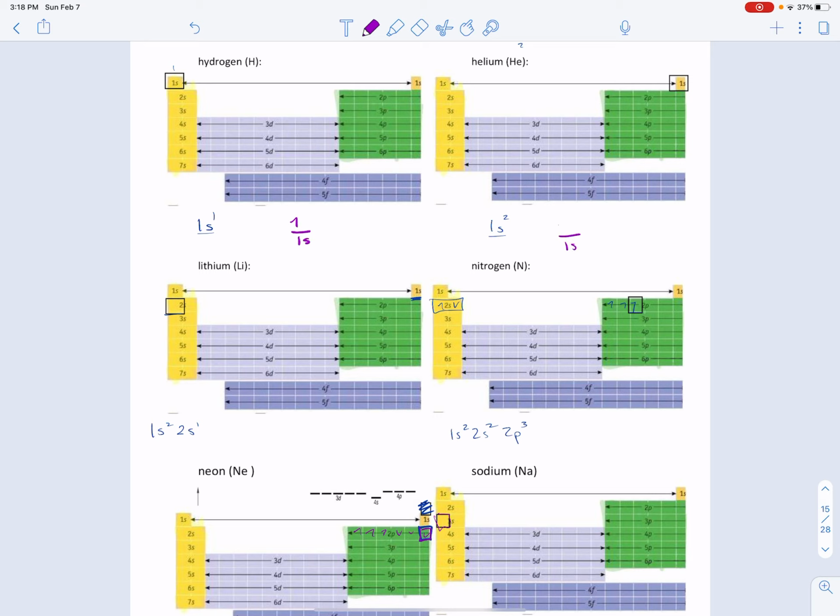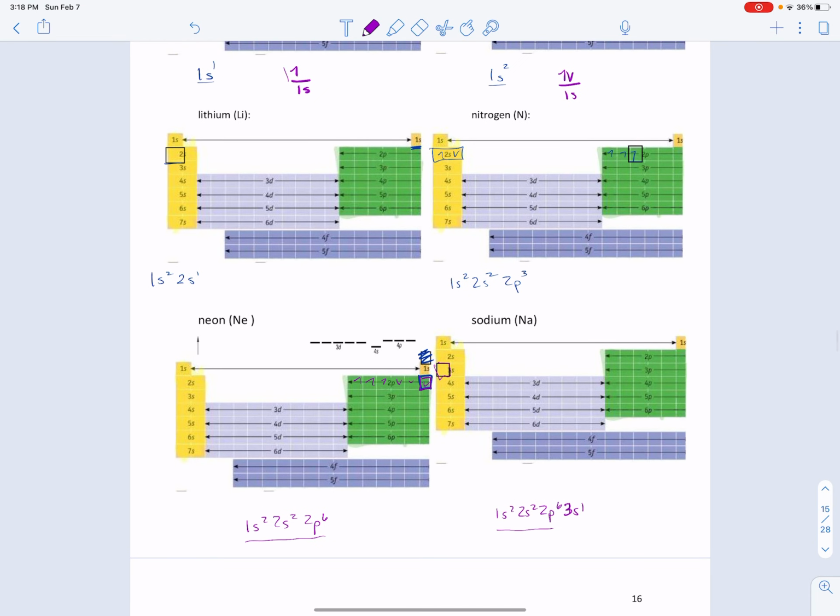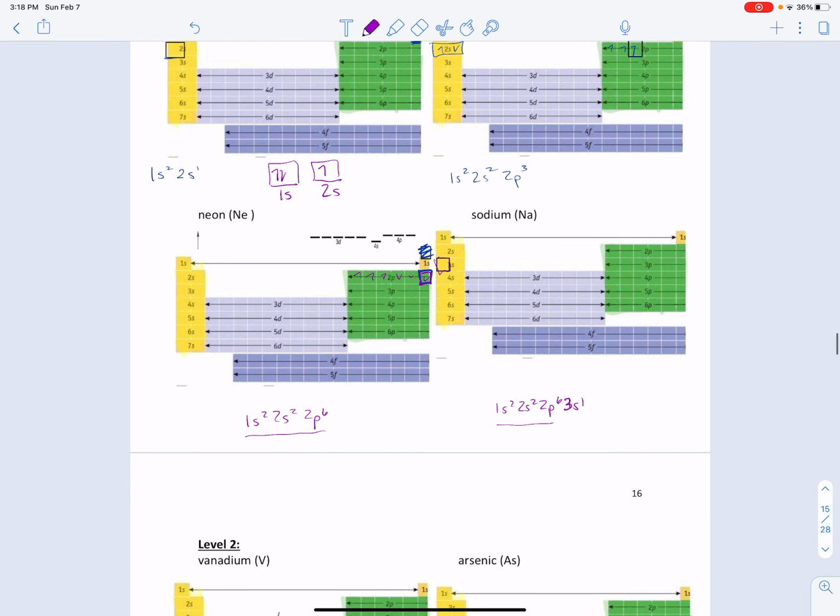And this one would be like this. And again, if you want it to be a square, you can turn it into a square. This would be 1s2, 2s1. And again, you can turn them into squares. We can jump over and do this one over here. You can do them all. 1s2, 2s2,